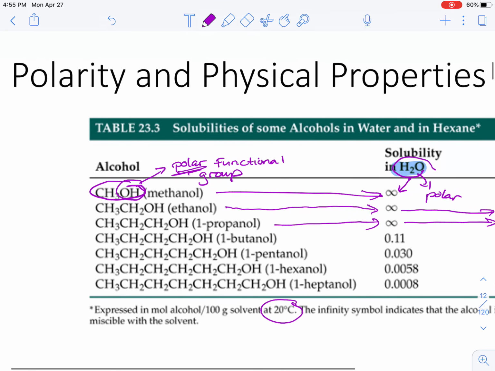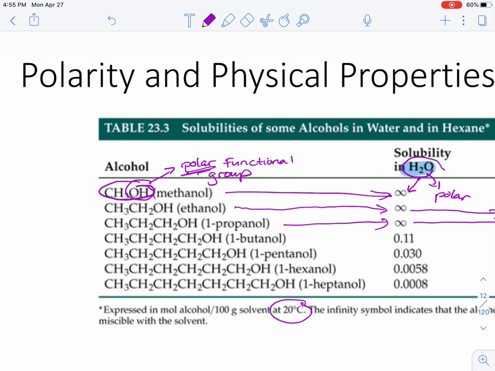The reason why is because if you guys are looking at methanol and ethanol, so I'm just going to go ahead and use my pointer here. Here we have a 2-carbon substance. Here we have a 3-carbon substance. And so as we increase the carbon chain, we increase the nonpolar